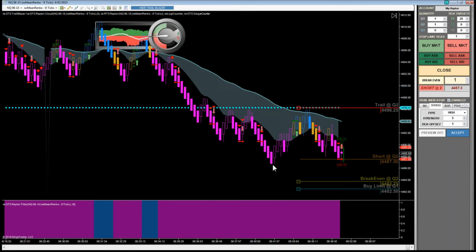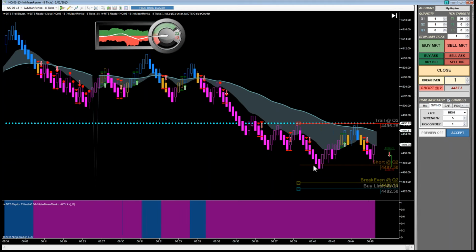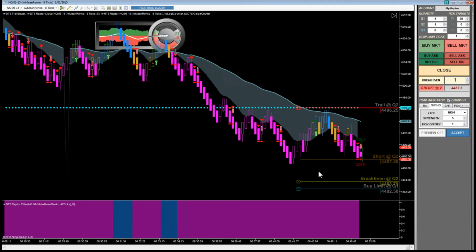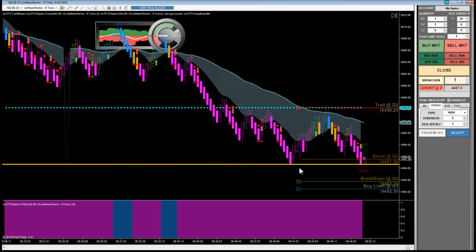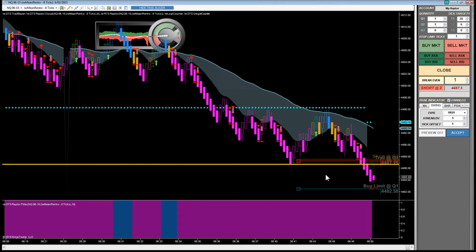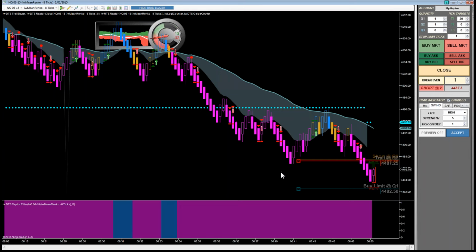I suppose in hindsight, I could have offered up a couple extra ticks, you see right here, and gone in below the low. That would be the safer entry. I just like using the buy and sell market buttons. All right, let's see what happens when the market trips here on the low. So it looks like we need somebody to go 44.87, and there we go. So the buyers folded up like a cheap suit,